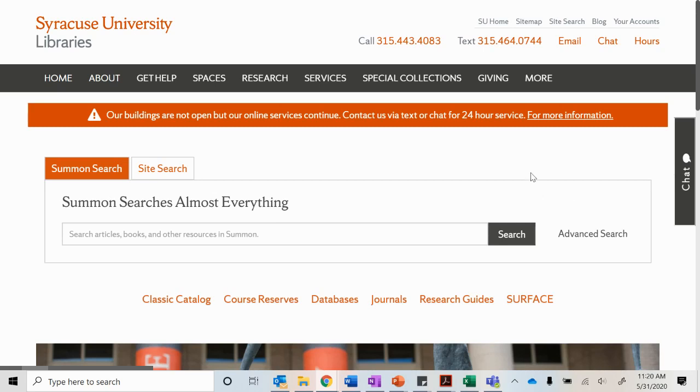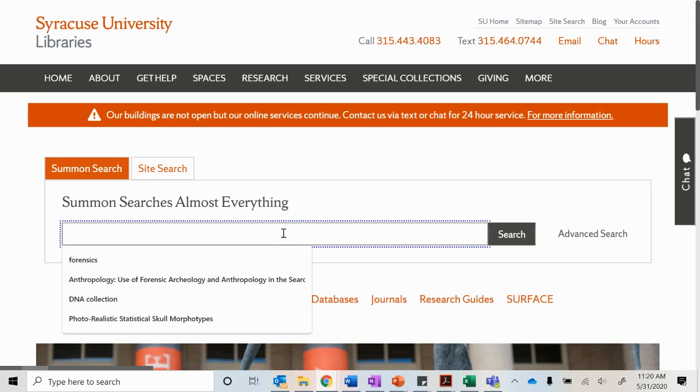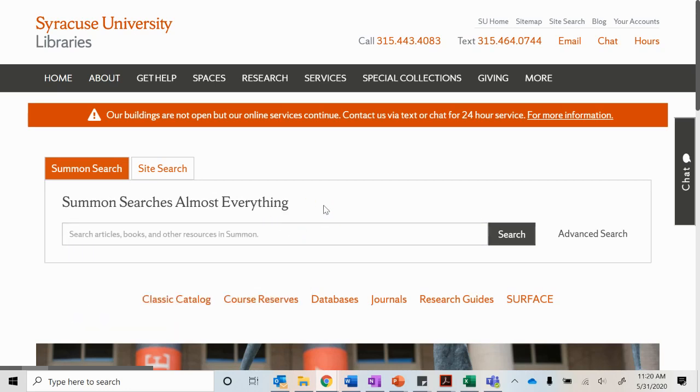Now, when you come to the homepage, you'll see a search bar here, and this searches their search engine, which is called Summon. So if you have a very specific topic in mind that you're sure you want to study, you can go ahead and type that in there, and it will return all of the results having to do with that topic. Everything from journal articles, newspaper articles, books, dissertations, anything that Syracuse University has access to will come